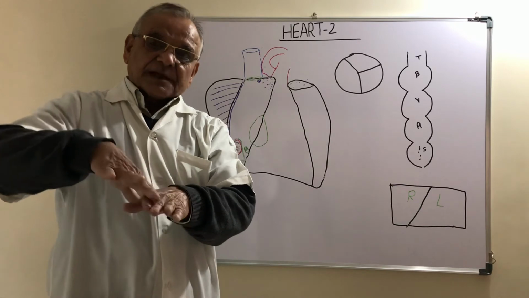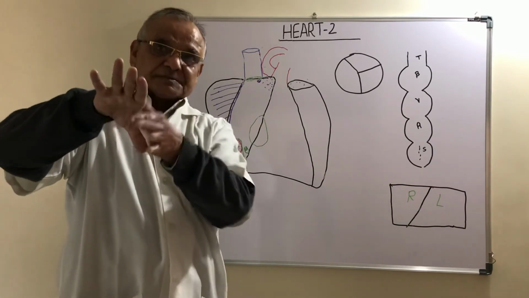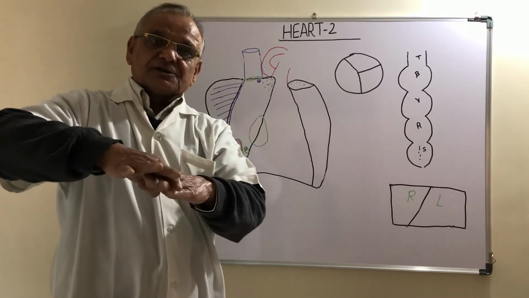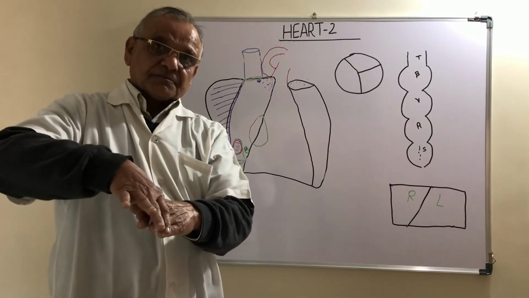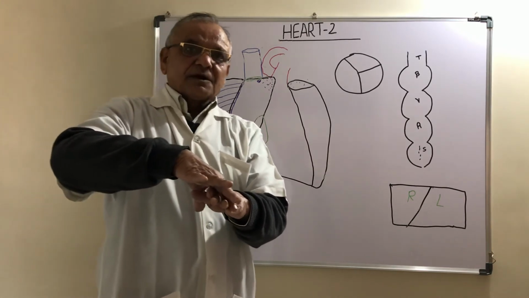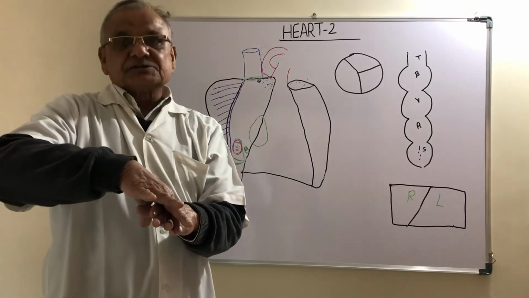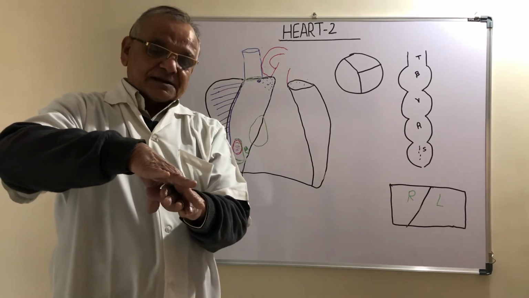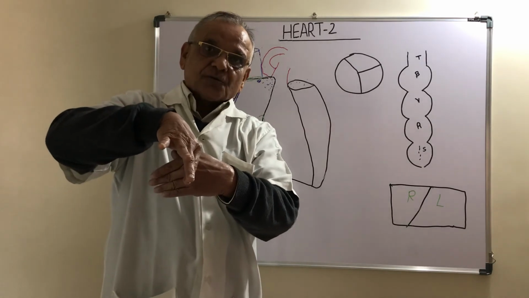This is the septum primum and this is septum secundum. This is the pre-margin of septum secundum. It is above and in front of the septum primum. When blood comes into the right atrium from the inferior vena cava, the pressure in the right atrium increases. This increased pressure pushes the septum primum and opens the opening.